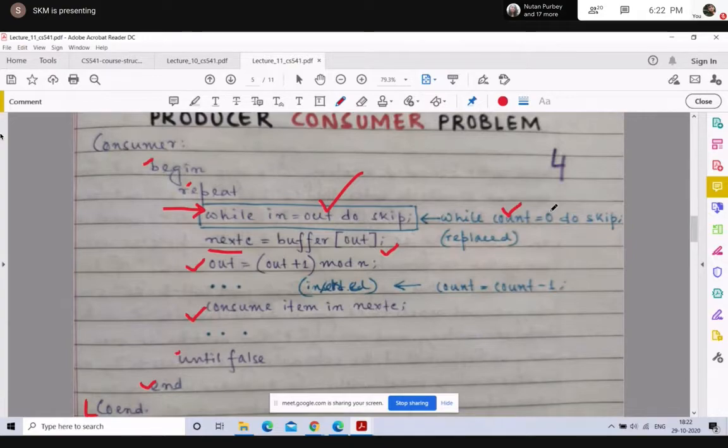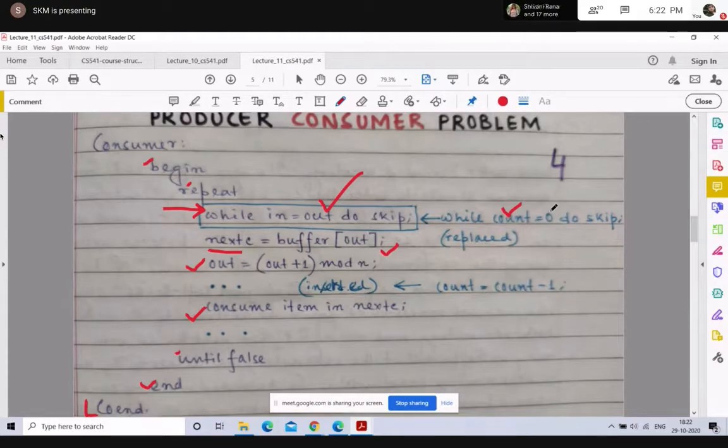So it means that whenever the producer process is using your shared variable count, that is, using the critical section, your consumer process will have to wait. It cannot use or operate on the shared variable count when the producer process is working on it. This is the idea.